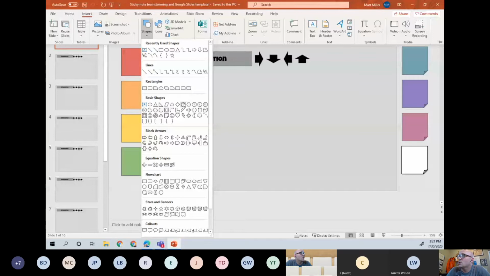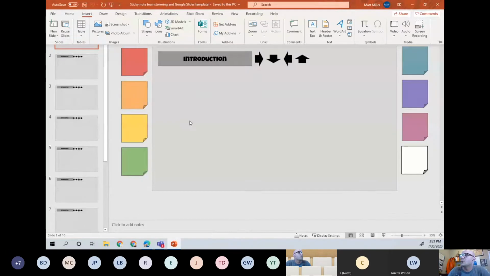There just so happens to be, here it is right there. It says rectangle folded corner. I thought that that little shape looked an awful lot like a sticky note. And so I thought, hey, what if I put some sticky notes in around that workspace so that we can use them? Now I wanted to touch on that workspace again for just a second